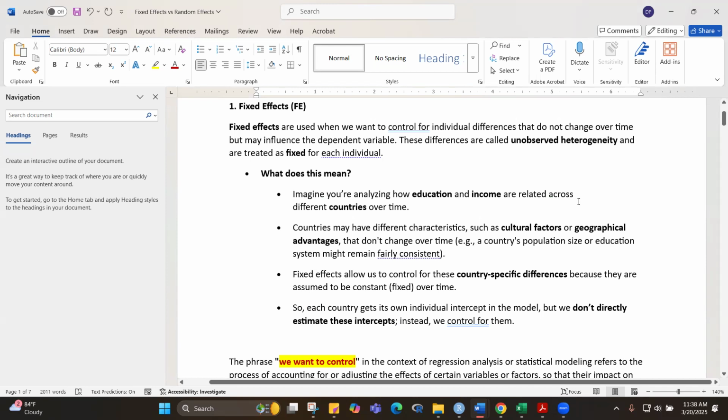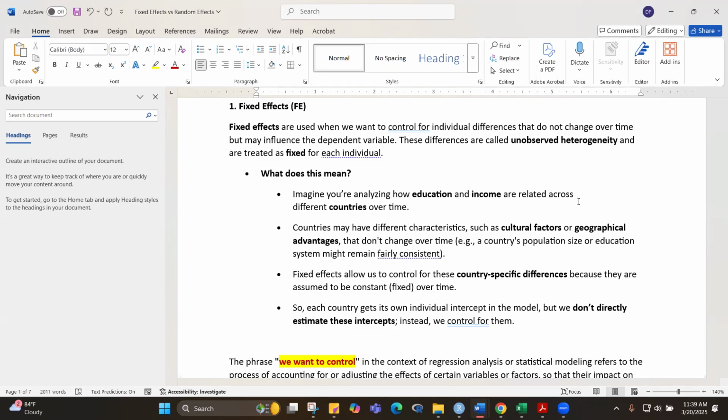For example, you're looking at the factors that affect stock returns, the indices of, let's say, the ASEAN 5 countries. Okay. Now we know that there are differences as far as these Philippines, Malaysia, Thailand, Indonesia, and ASEAN